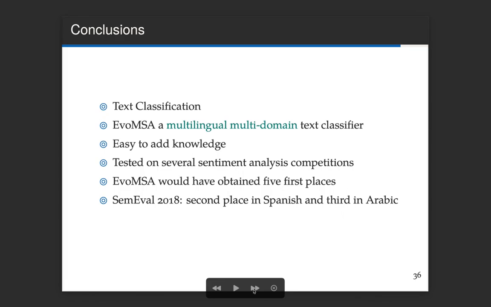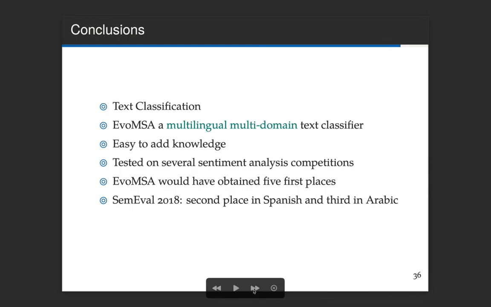And well, I started with 2 examples in 2 languages, and this is to try to tell you that the approach is multilingual and multi-domain, because it can be applied to almost any language, and the idea is that you can easily add new knowledge, in the sense that you can add new text representations.